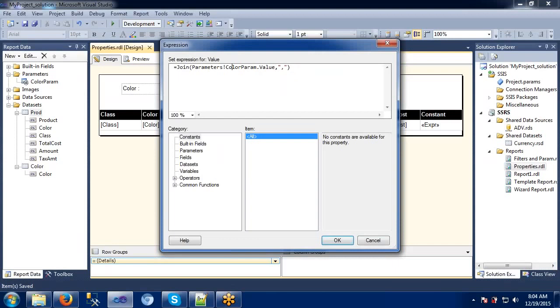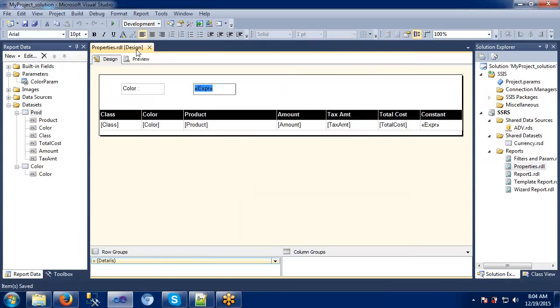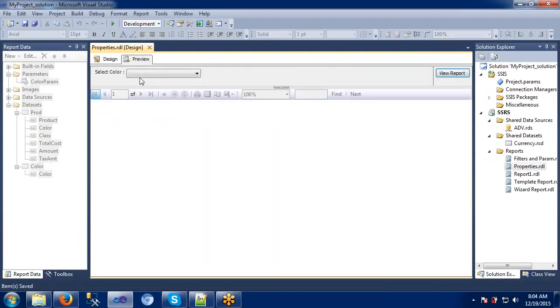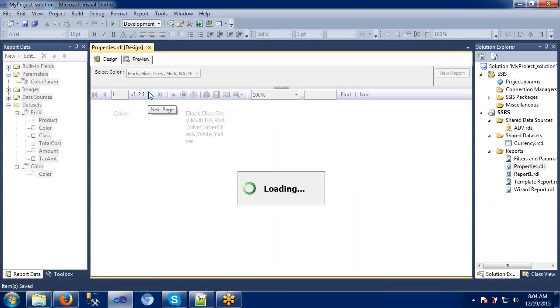Okay, just value here. Let's execute one more time. I will take all the colors here. See, now it is giving me all the colors which are available in my selection.